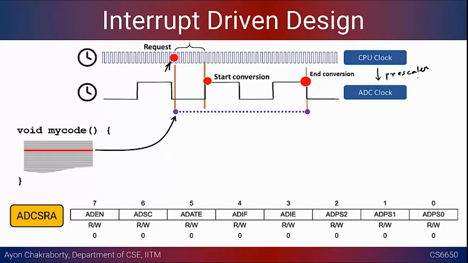Typically we can use a value of, let's say, 128, and so you'll basically get a much reduced clock rate, right? It's almost 128 times lower. So in the worst case, you can waste something like 127 CPU clock cycles, right? Because the CPU clock is going at a much faster rate, you will sort of waste this time before the actual conversion starts.